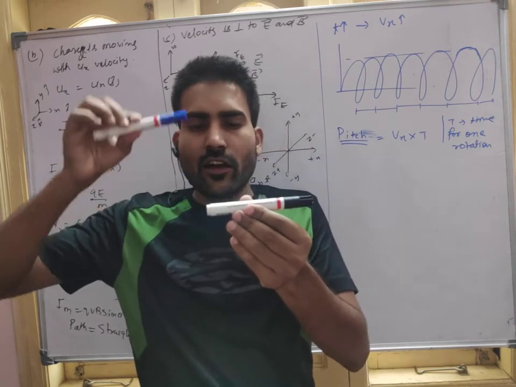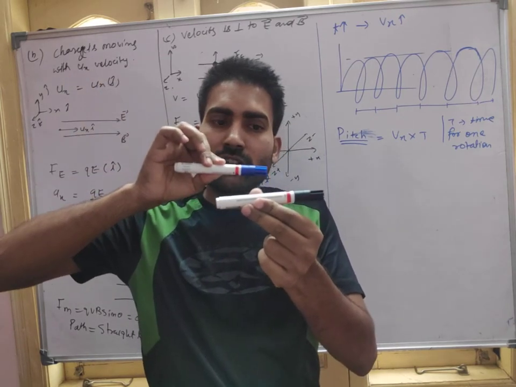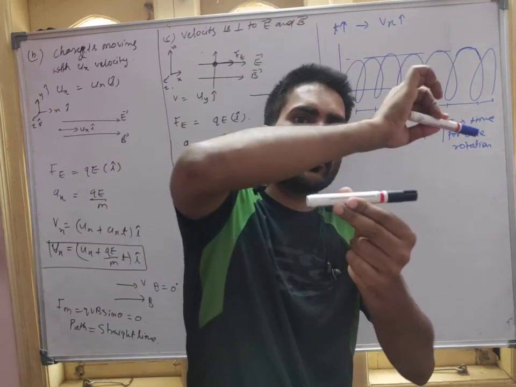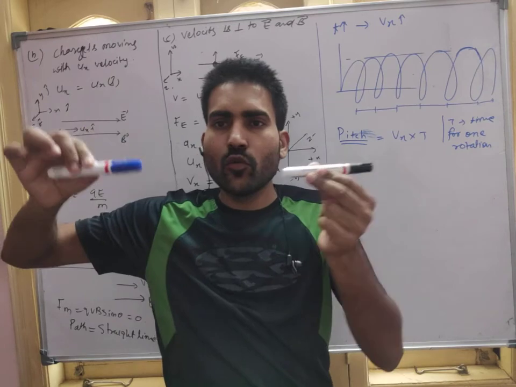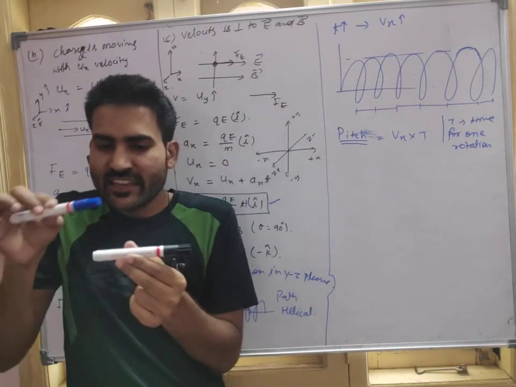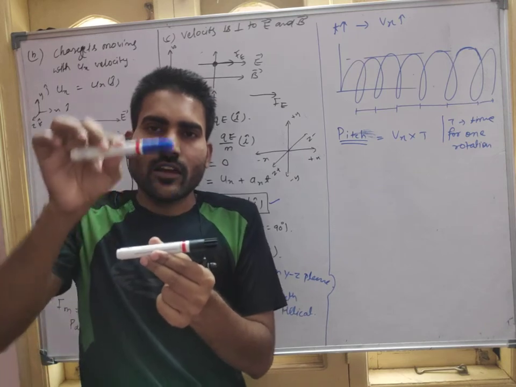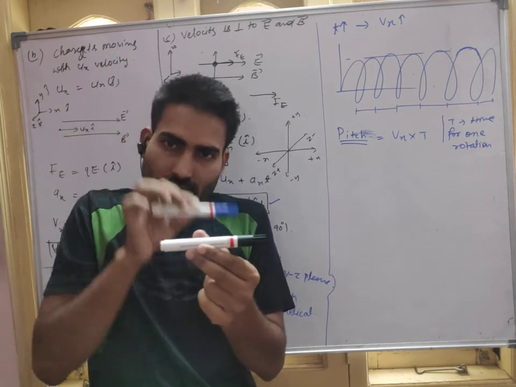Okay, see here how it is changing actually. Initially the velocity is less, so it will rotate in this circle only, this much. But now the velocity will increase, so it will create this much. Now the velocity increases even more, so it will create this helical path like this. Initially it is covering less distance, and now it will cover more. See, this radius will be the same.